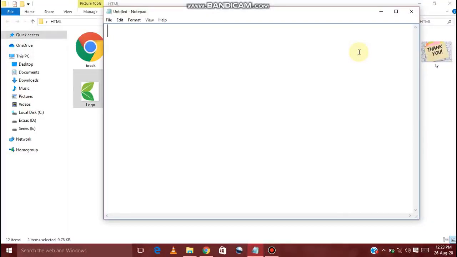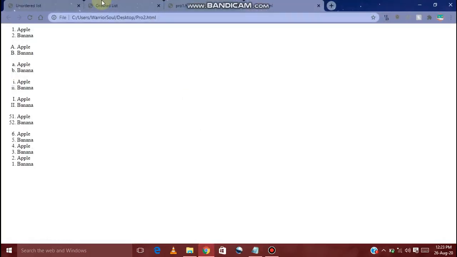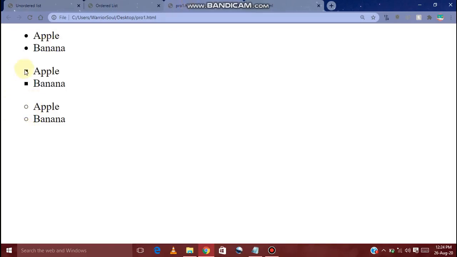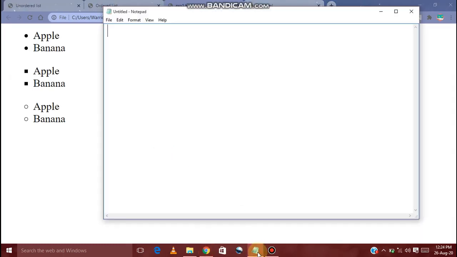So basically, there are two things that we have to add to the property of your list. In the unordered list, suppose you want to apply an image instead of a square or a disk or anything else. Suppose these are using disk, or you can see these are using circles and these are using squares. Suppose you want to use a particular image instead of these symbols. There is a property that you can use, so we are going to apply that.